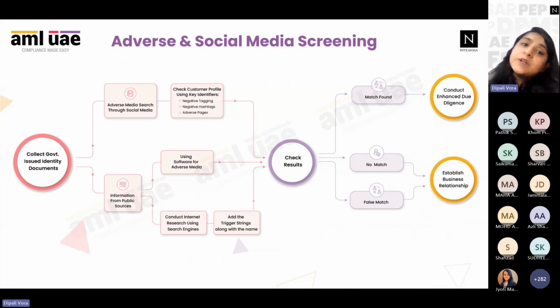So that is something that you will come to know with respect to social media search. For example, I have done something wrong. Maybe I'm into business and I have done some illegal work. So maybe some social media has started posting about me that this person is so and so. So you can verify that and understand whether there is any negative aspect associated with that individual. So once you have done the adverse media and social media verification, you can check out the results.